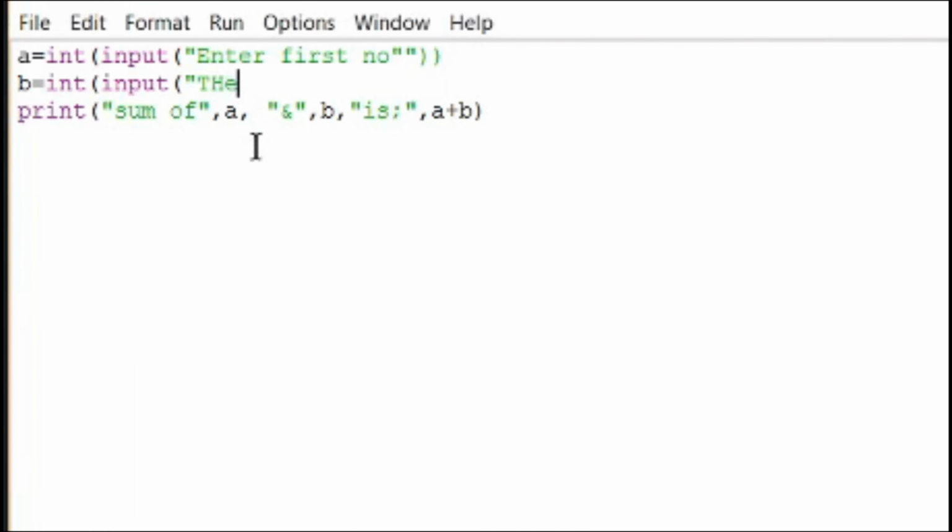Now here again I will write second number. It is up to you how you write. Now let's see what will be the change.